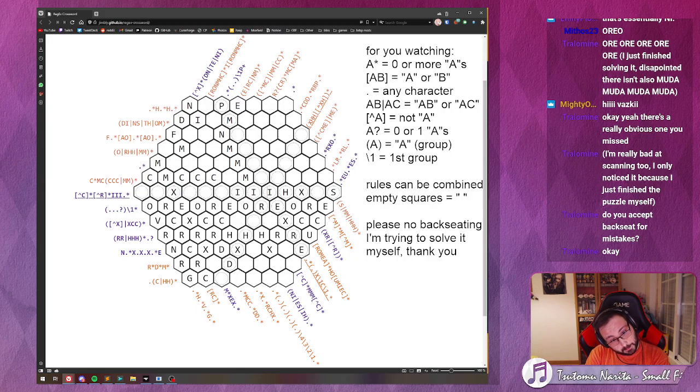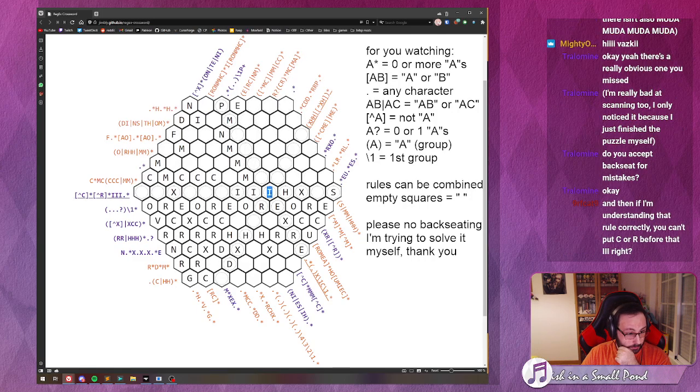There's .x, .c, .x, .c. If you understand the rule correctly, I can't put a C or an R before it. You need to tell me where. RF cat, because there's a lot of stuff going on. But this one is interesting here, though, because I think this character is now required to appear here and here